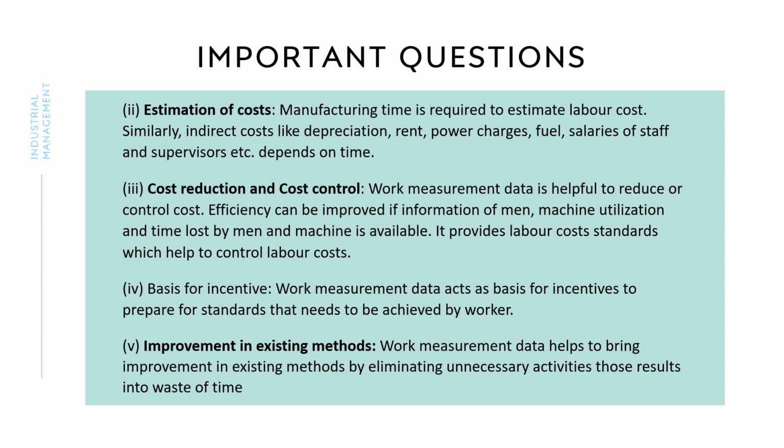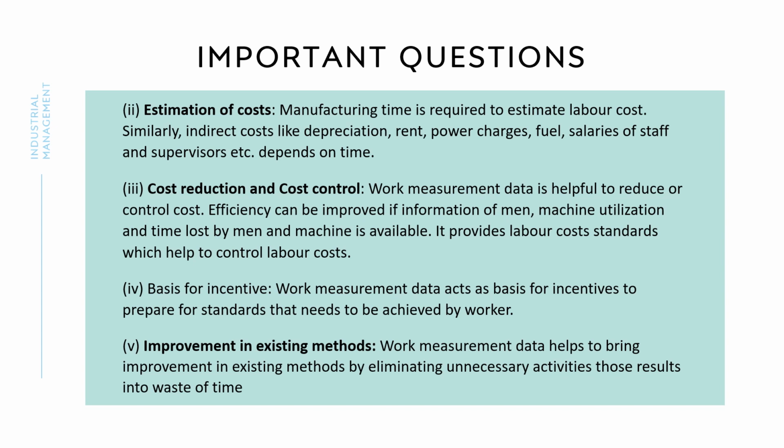depend on time. 3. Cost reduction and cost control. Work measurement data is helpful to reduce or control cost. Efficiency can be improved if information of men, machine utilization and time lost by men and machine is available. It provides labor cost standards which help to control labor costs. 4. Basis for incentive. Work measurement data acts as basis for incentives to prepare for standards that need to be